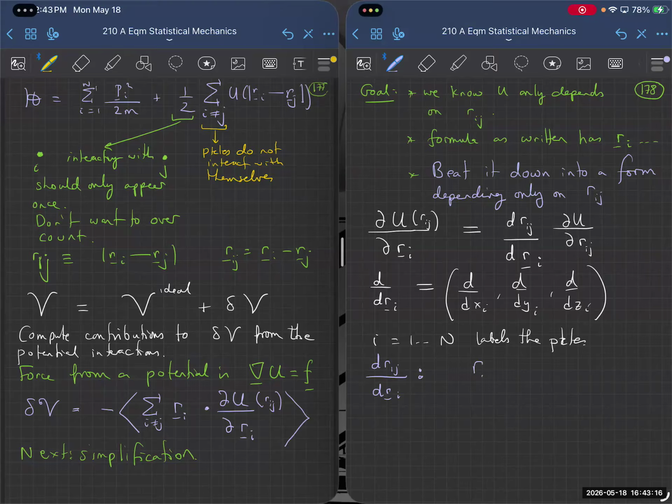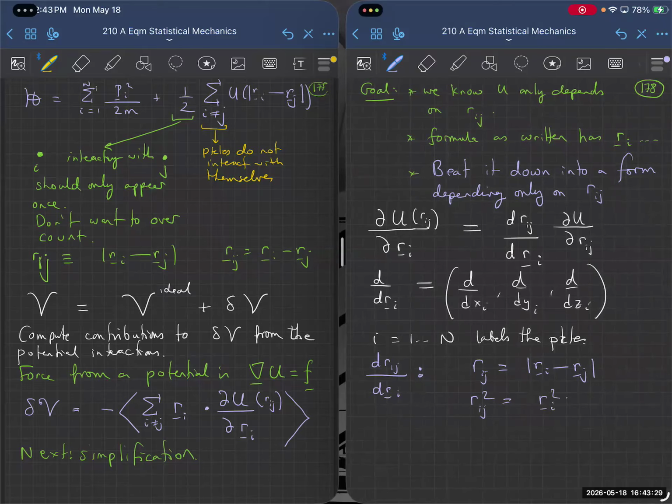We know that the scalar Rij is the absolute value of Ri minus Rj. So that means that Rij squared is equal to Ri squared plus Rj squared minus 2 Ri dotted with Rj. So that's true. So now what I'm going to do is differentiate